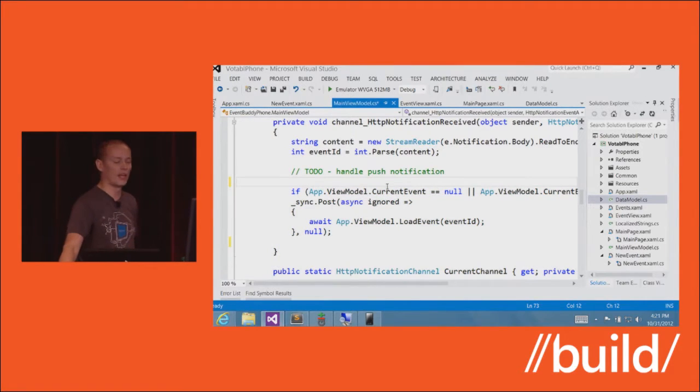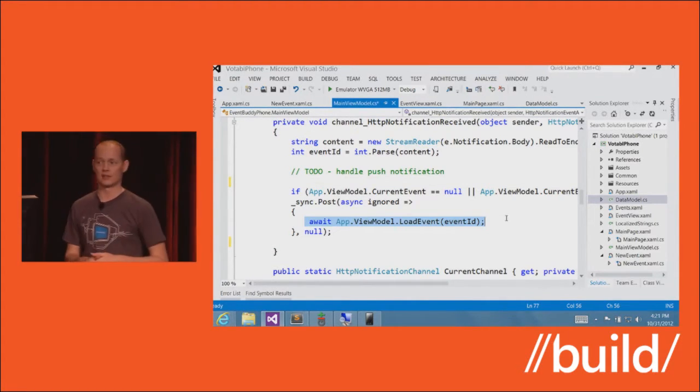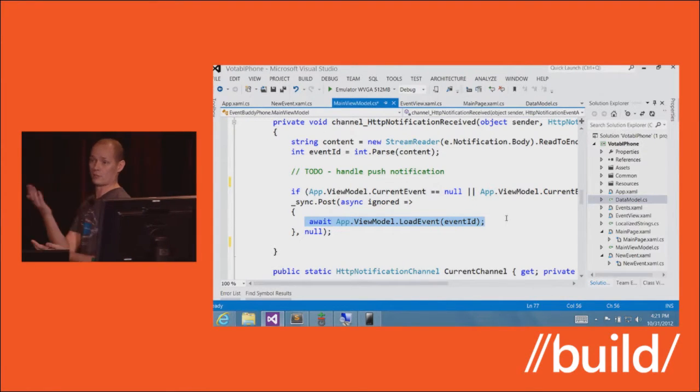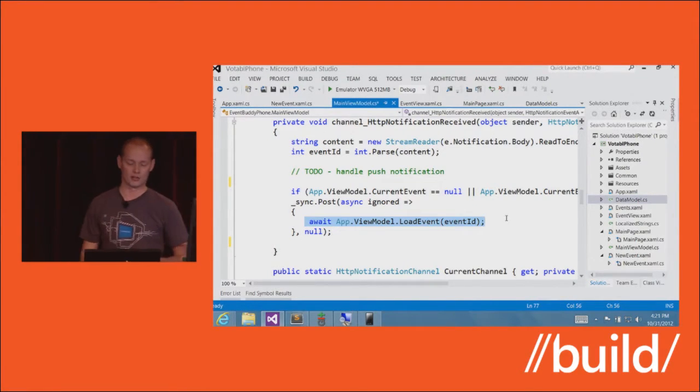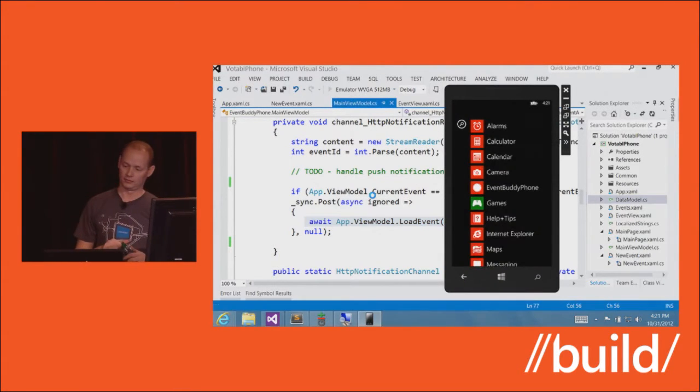It's saying if we're looking at this event that I'm getting a notification for, then go ahead and reload that data. So if it gets pinged, says, hey, event 4's updated, then it'll go and reload it if that's what you're looking at. So we do a little optimization there. So let's run this, and if we've done everything correctly,